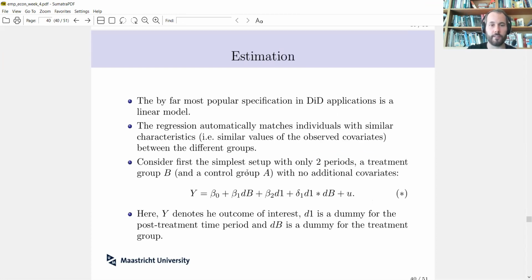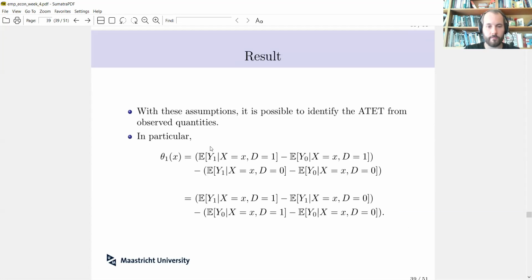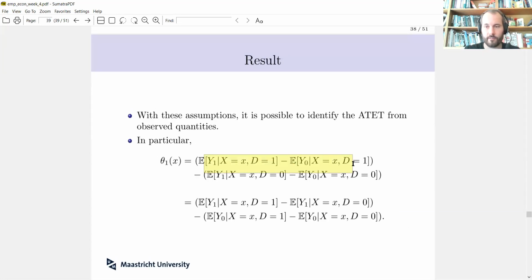Okay, that's the result. Now, how do we estimate a difference in difference? Well, we actually saw that at the very beginning. We replace the expectation by a sample average. Here, for instance, we would take the sample average after the treatment took place in the treatment group, for all the people that have this particular characteristic, for instance, in the IT industry. And we could estimate all these quantities like that.